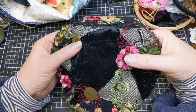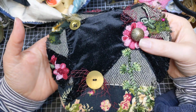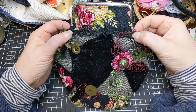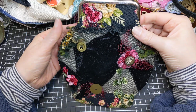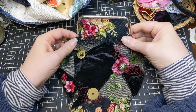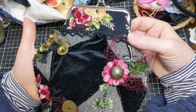The buttons have come from my vintage button collection, of which I have many, and I'll be adding some more brass buttons. And I may add a couple of, I've got some brass curtain hooks. I may add a curtain hook on each side. I'm not sure, because then I've got some more trim that's like pom-pom trim, and I thought I could make a little handle so that it could be used to go out